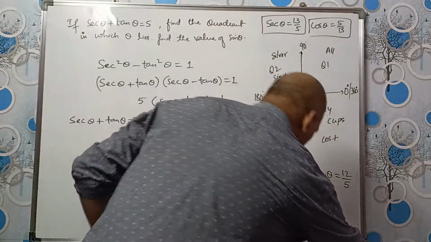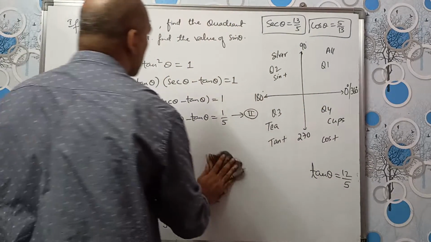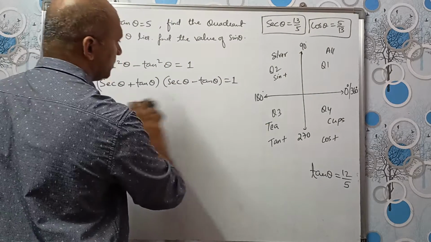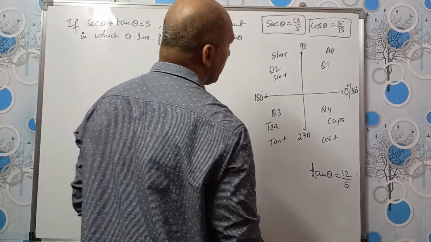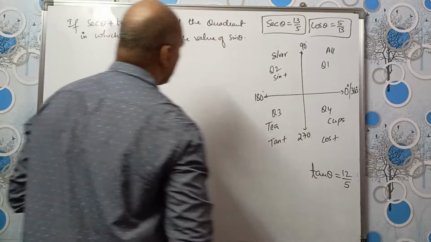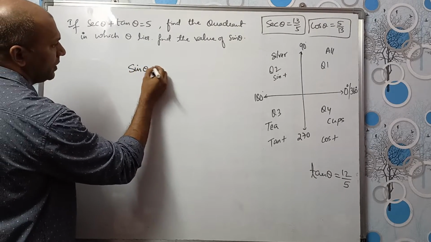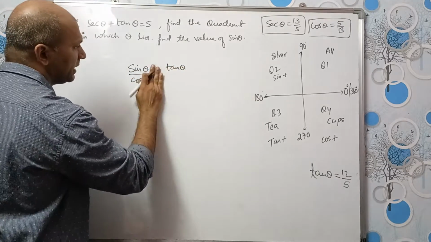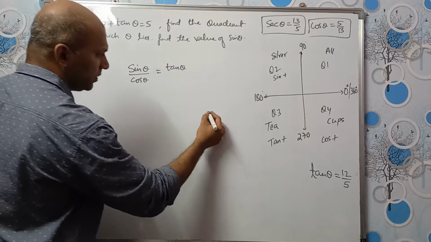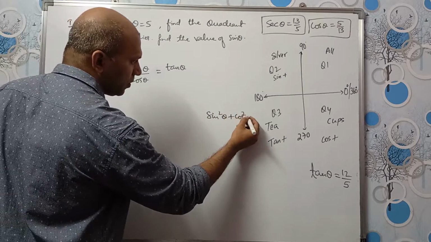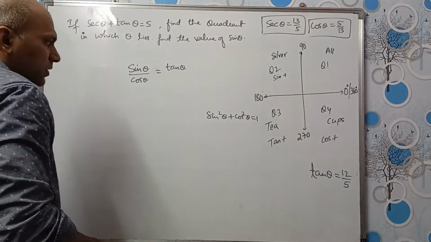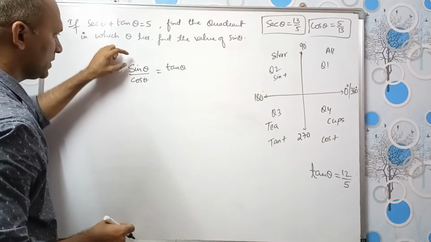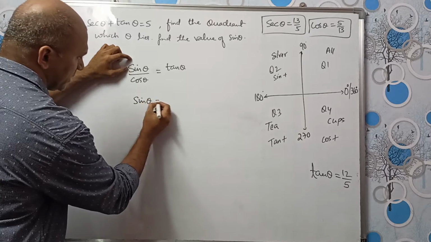So see here. Let me rub this. What do we need to find? We need to find the value of sine. Okay. We have cos value, right? We got the value of cos, so we can find the value of sine. Okay. Or we know sine by cos theta is equal to tan theta, isn't it? We can use this identity also, sine square plus cos square is equal to 1 also. Okay. So there are many methods of solving trigonometric problems, right? Let us use this. Sine, we don't know what is sine. So let sine be here.